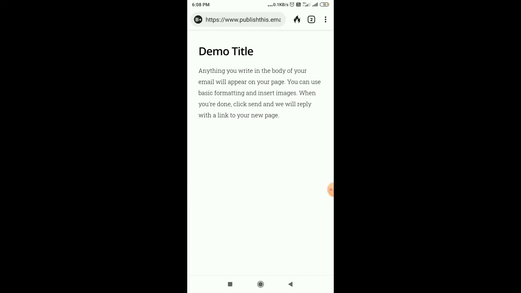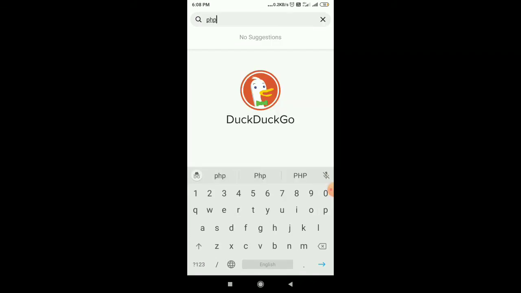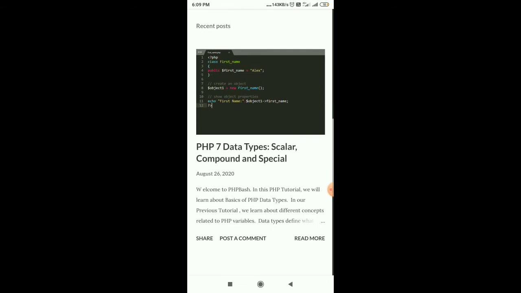So I will now demonstrate how we can create a collection of web pages. For this I will visit phpbash.blogspot.com. So friends, this is my blog regarding PHP.